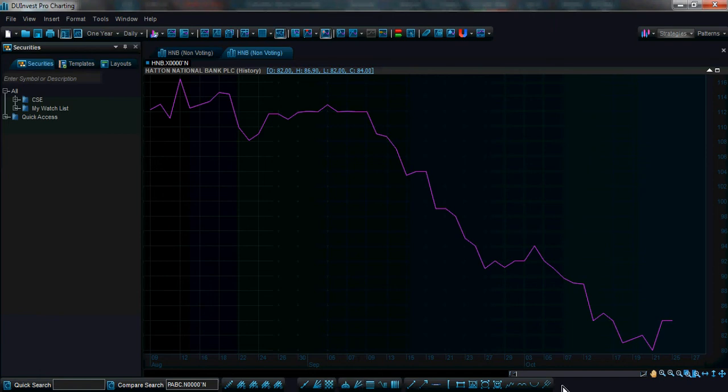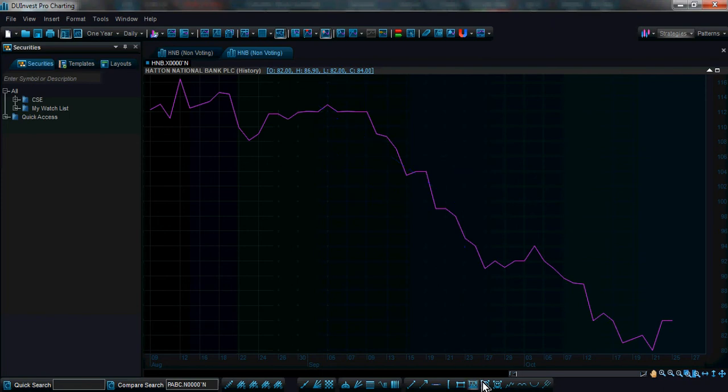And if you happen to like Andrews pitchfork, that is available. And any other statistical models like linear regression, regression, equidistance, standard deviation and standard error, all that is available. The point is that whatever is popularly used in the world is made available for your convenience, so you can get the information directly.